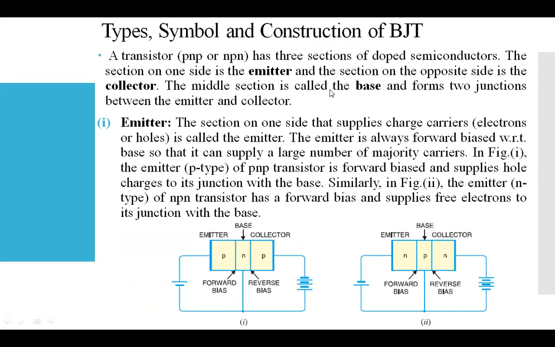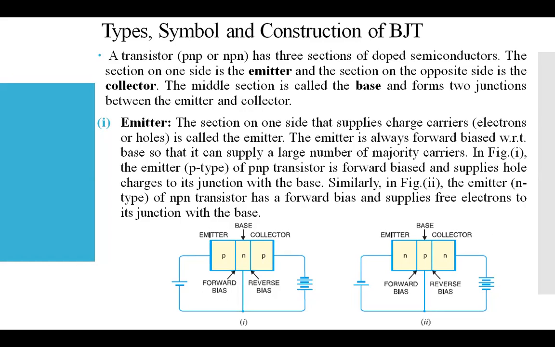so in this case, you can see, as per our discussion in the previous slide, there are two types of structure we have used, NPN and PNP. And I said that there are three terminals we have to bring out from this connection, from these three sections. In transistors, we have three sections of doped semiconductor material, N type and P type. One section on the left-hand side is called the emitter. The second section, on the opposite side, is the collector. And the middle structure is known as the base.